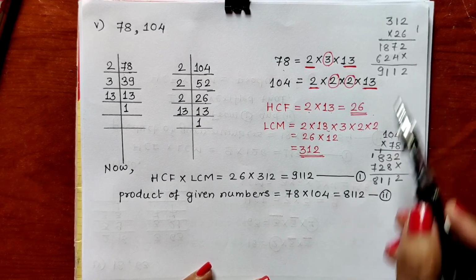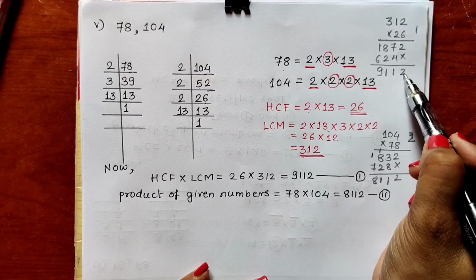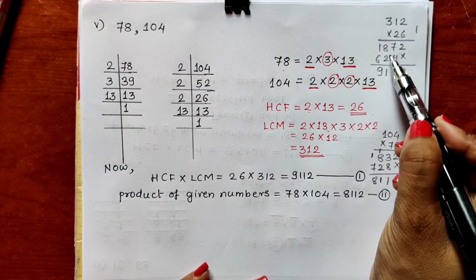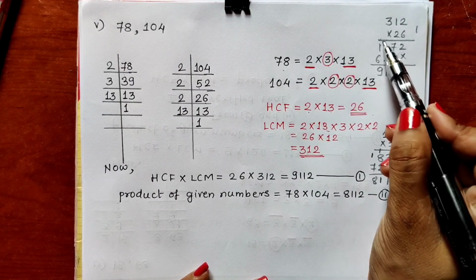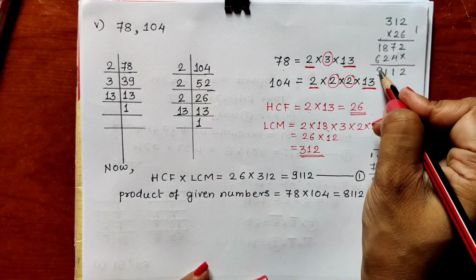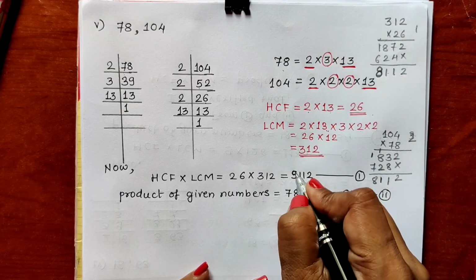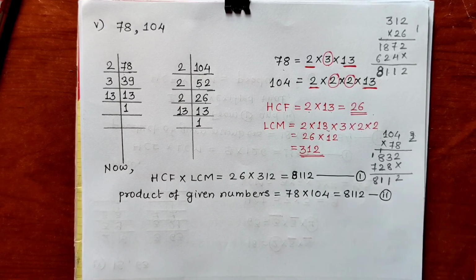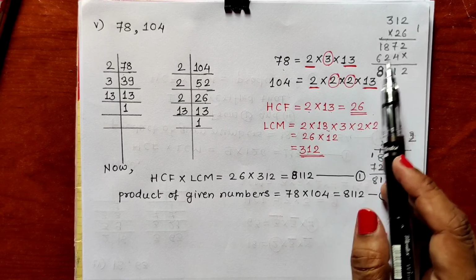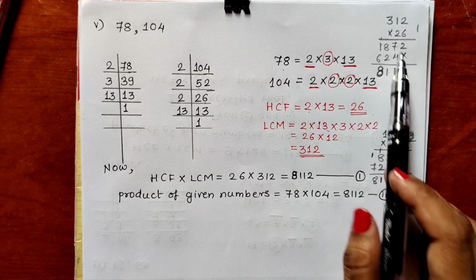Let us check this multiplication because the answer should be the same every time. So we have got this number 2, this 2 as it is we have to write, 7 plus 4 is 11, 1 written 1 carrying, 8 plus 2 is 10 plus 1 is 11, 1 written 1 carrying, 6 plus 1 is 7 plus 1 is 8. Yes, here I have done the mistake. So here it should be 8. See children, this multiplication should always be equal. So we are getting the same answer now after multiplying again and after finding out the answer of addition.